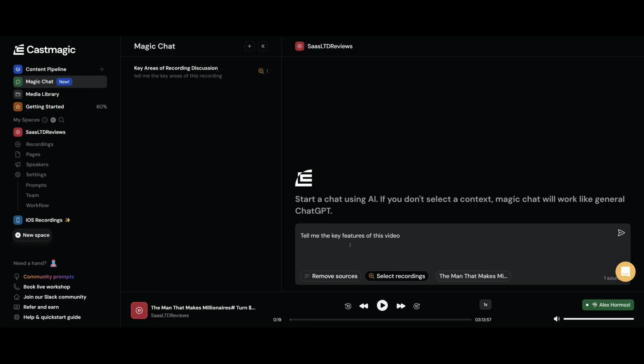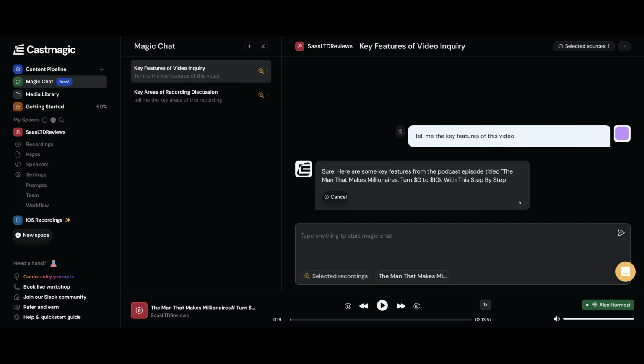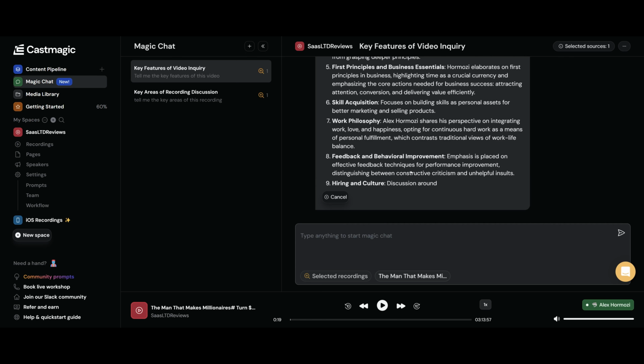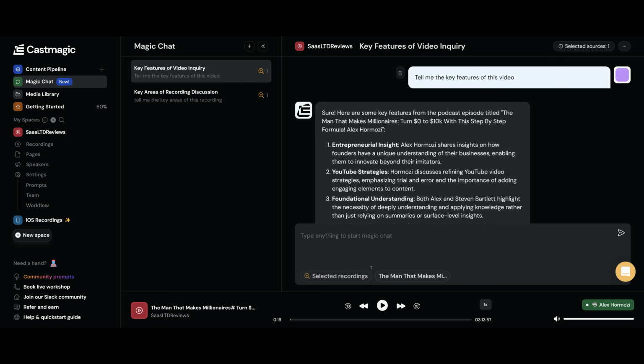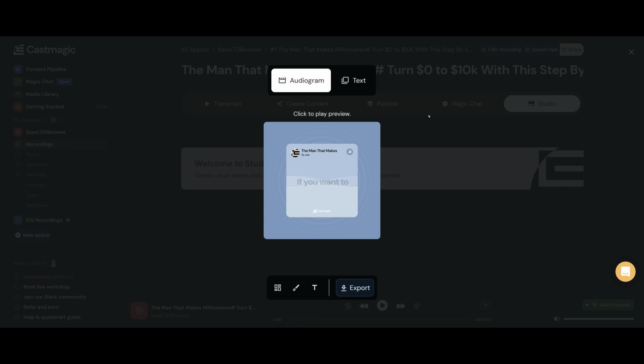So for instance, I'm going to type in, "Tell me the key features of this video." And now it will go through that whole video finding the key features. And there we go. Within seconds, it's given me 10 key features. You can copy that or even add it to the pipeline. So this is just a quick way of finding all the information you need from the video. I believe you can also choose from multiple recordings. Studio is the last option, but I have shown you this already,